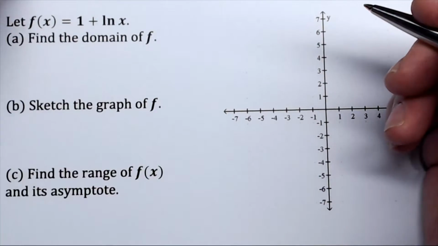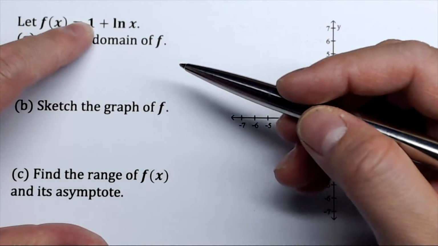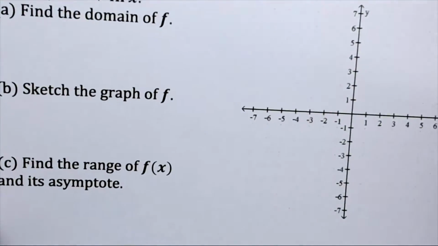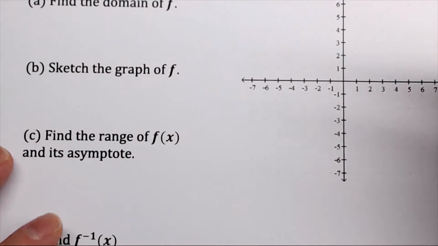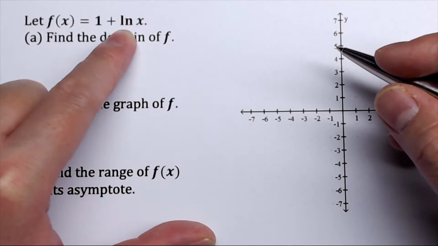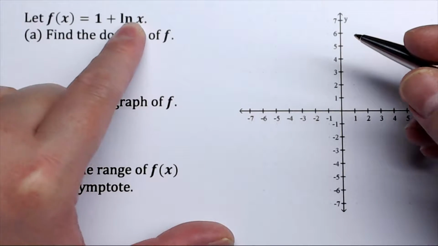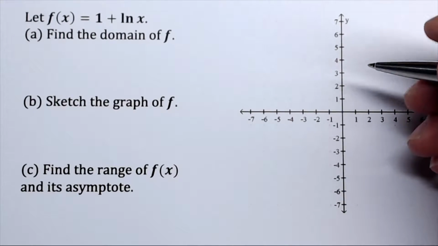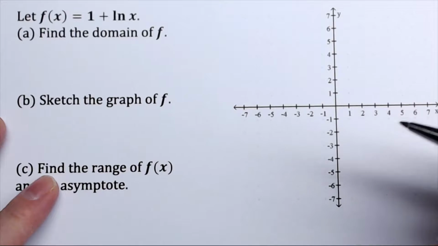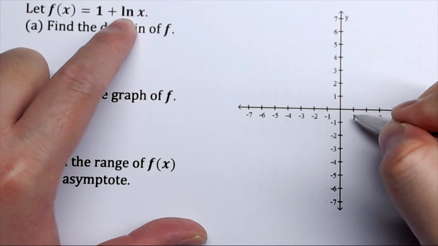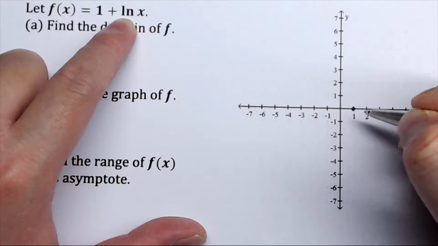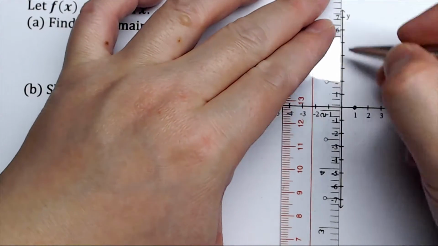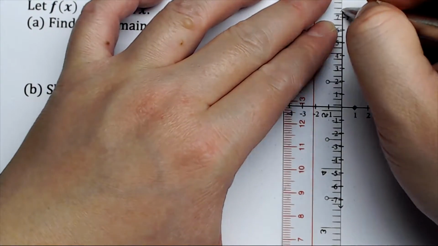On this problem, we are asked to graph this function, and then after that, find the inverse, and then graph the inverse. So first, what we see is the basic function is ln of x, natural log of x. Just like any log, the graph of a log function in general will go to the point (1, 0), and it has the vertical asymptote as the y-axis,